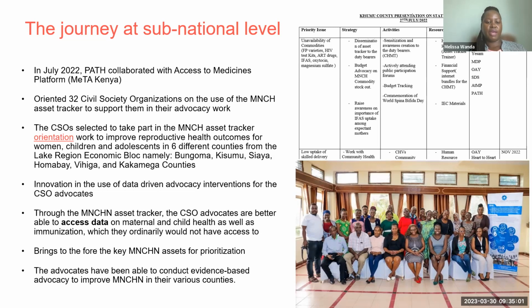And we went through an orientation with these partners from the various counties, and then came up with the joint action plans. So actually, the photo on the upper part was just one of the joint action plans that they developed. So from the asset tracker, the partners were able to identify a priority issue based also on the context and the data that is available for their county. And then they identified strategies that they would take, identified activities, and so the teams developed such joint action plans for each county.